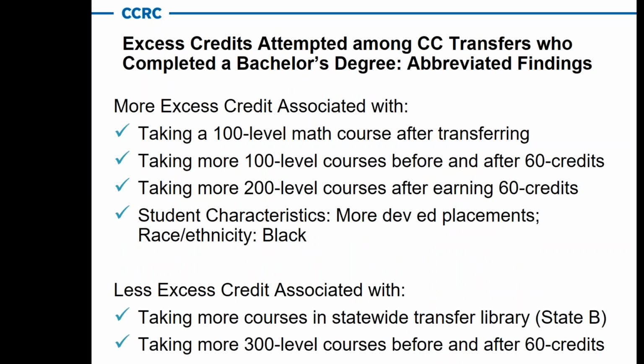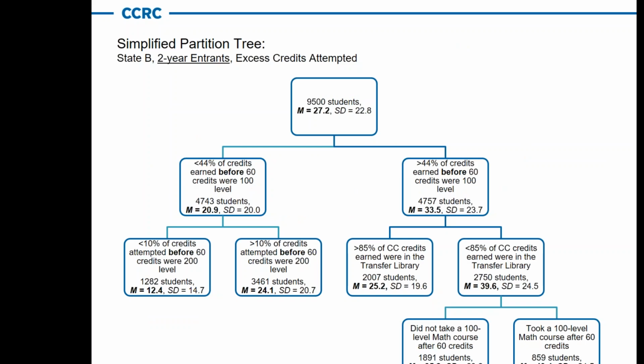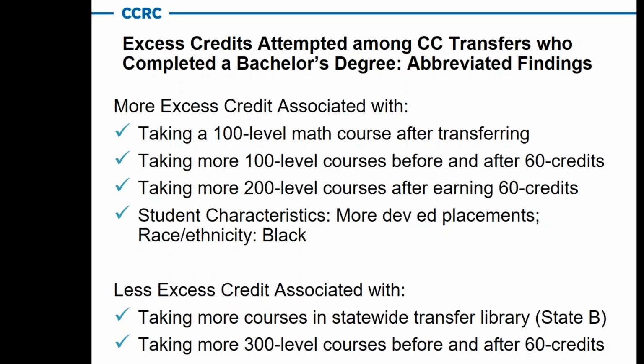What we were essentially doing was partition analysis, a data mining technique to partition the data to try to explain something, which in this case is excess credits attempted by students who started community college and earned a bachelor's degree. We hypothesized that DevEd and student characteristics would be a big factor, and it was. But in both states, and in one of the states we had data on four-year students, the biggest factor was essentially the percentage of 100 and 200 level courses that you take after 60 credits. So in other words,